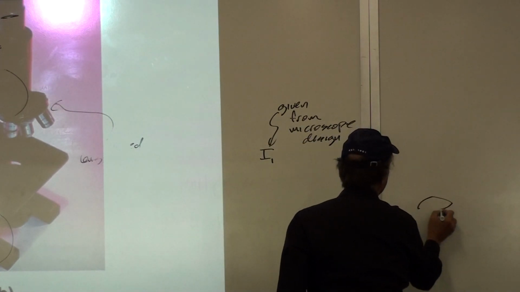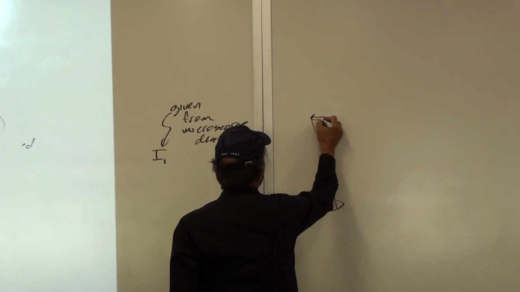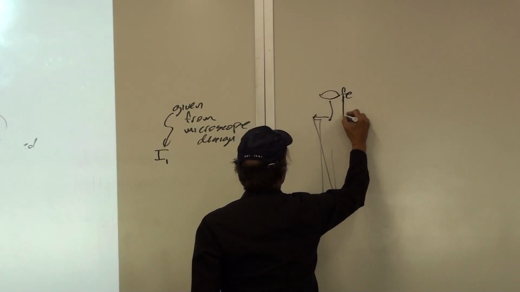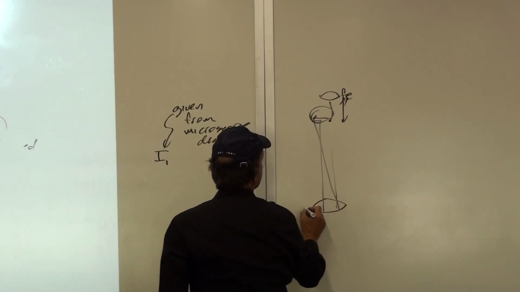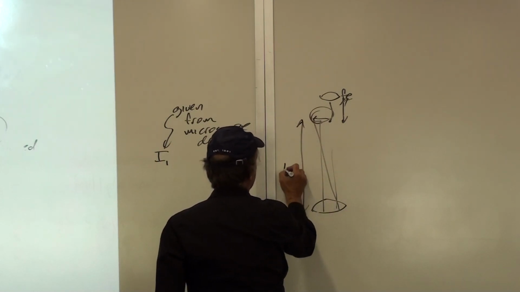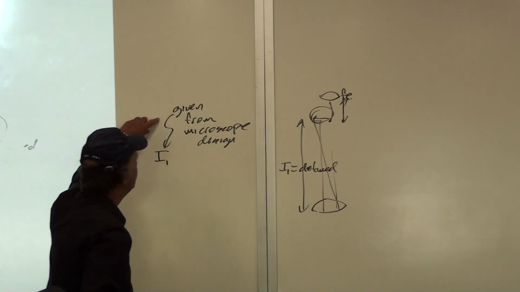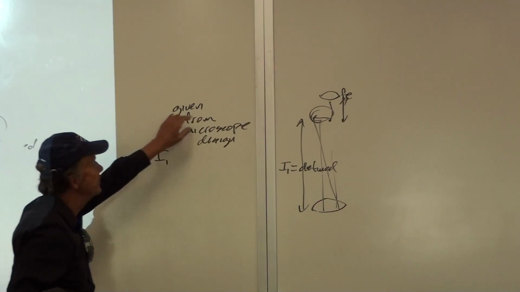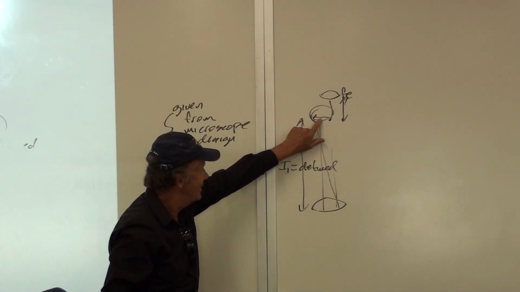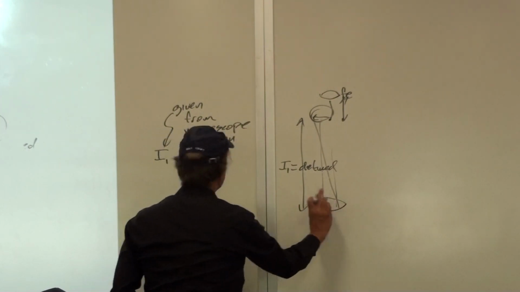Because here, you've got your lens down here, it goes up like this, and the light comes together at some point that's just inside of the focal point for the eyepiece lens. So here's FE there, here's the image, and so this distance here, this I1, is defined. But it would have to be given to you from the particular design of the microscope you're looking at, because the eyepiece lens never changes, so you'd always want the image to be at the same place. But then you can still do a little bit of focusing to adjust for variations in your eye. But then you can flip around here